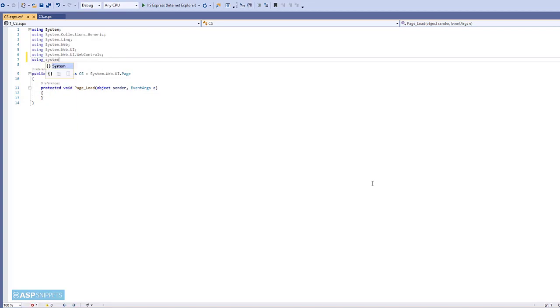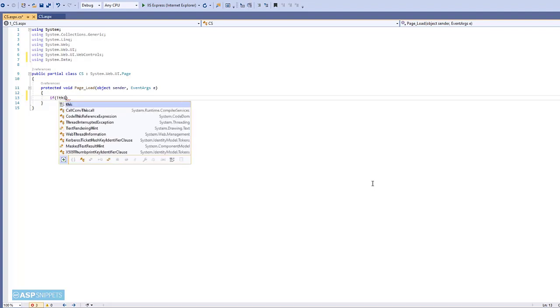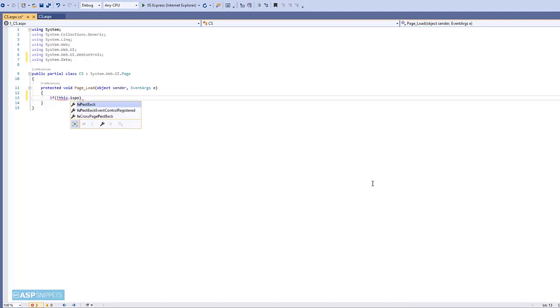Now I'm adding a namespace, System.Data. I'll be making use of a dynamic DataTable to populate the GridView. Now inside the Page Load event handler, I am writing the if not PostBack condition.